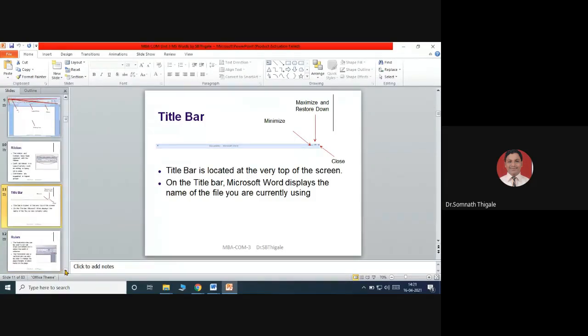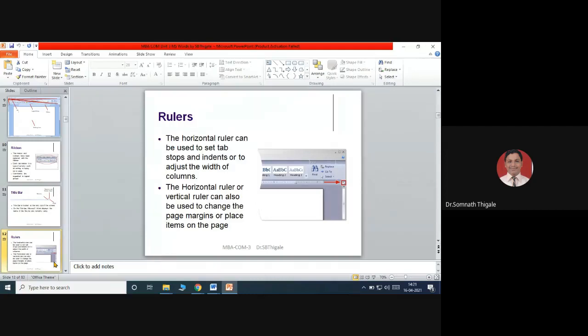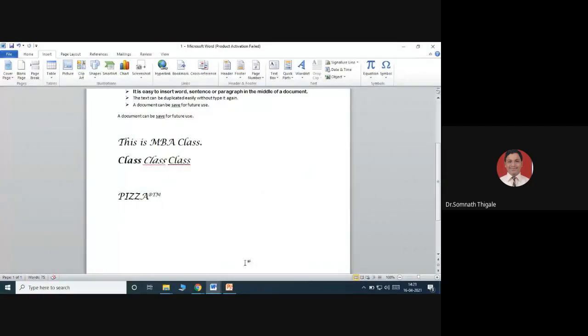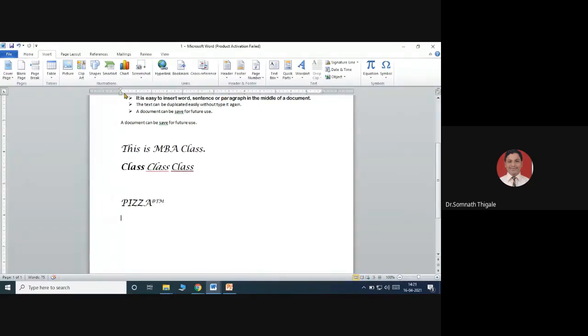Then we can discuss the next part called rulers. The horizontal ruler can be used to select the tab stops and indents, or to adjust the width of the columns. The horizontal or vertical ruler can also be used to change the page margins or place particular things in the page. For example, my document is open here, and you get this option as view ruler. If I click here, you get these options to set the margins.